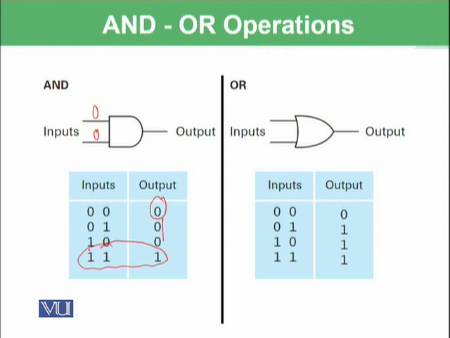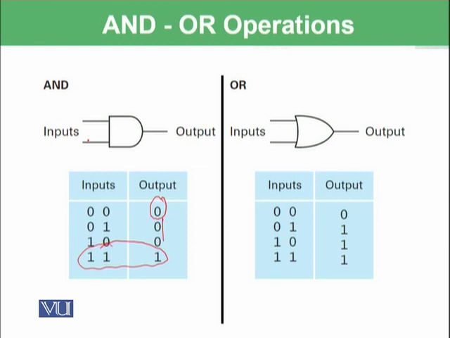This means that to get an output of 1, you should have both of the inputs as 1. So I give you an example. If you say that Shahid Afridi plays and Pakistan wins, so these are 2 statements. If Shahid Afridi plays, that will give you 1, and if Pakistan wins, that will again give you 1, and then the whole statement will give you an output of 1.